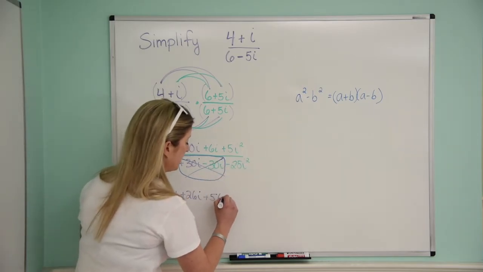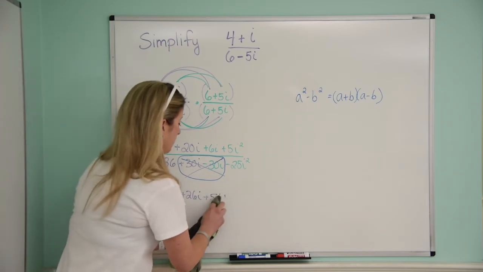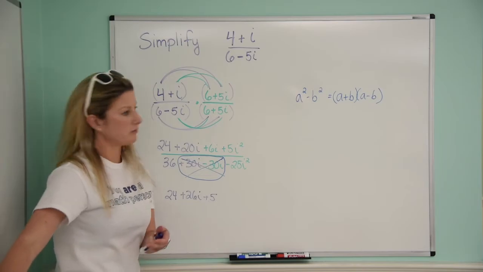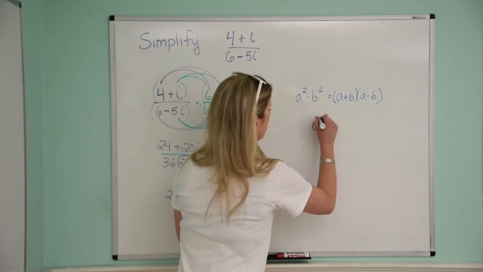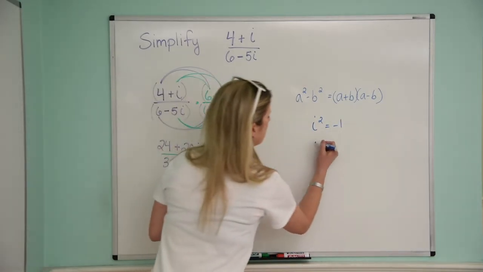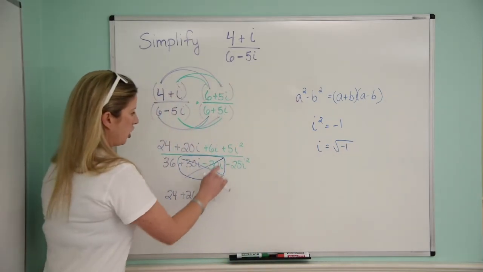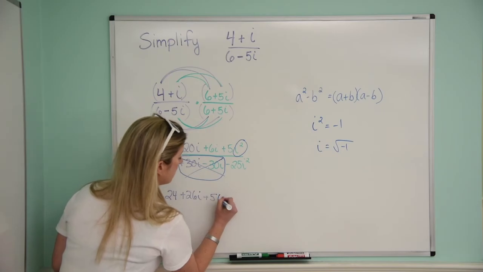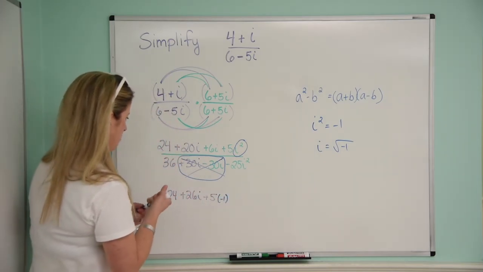So I'm going to replace my i squared, and I'll write it over here as well. We know that i squared equals -1, because we all know that i equals the square root of -1. So I'm going to replace my i squared right here with -1, and then that's going to be over